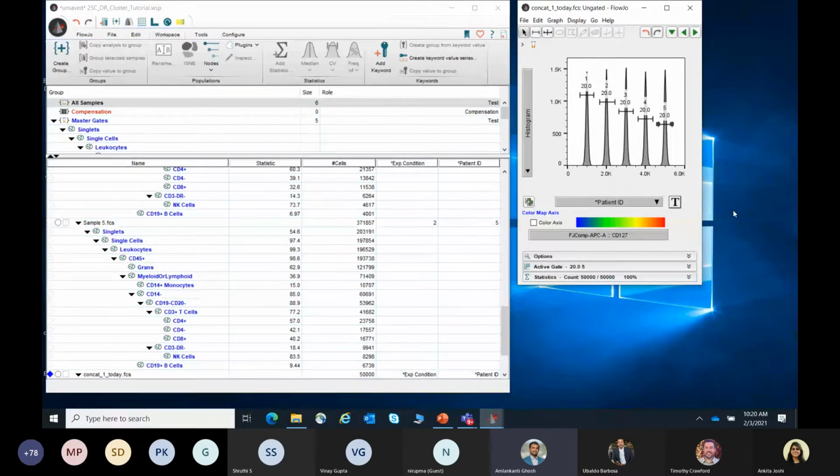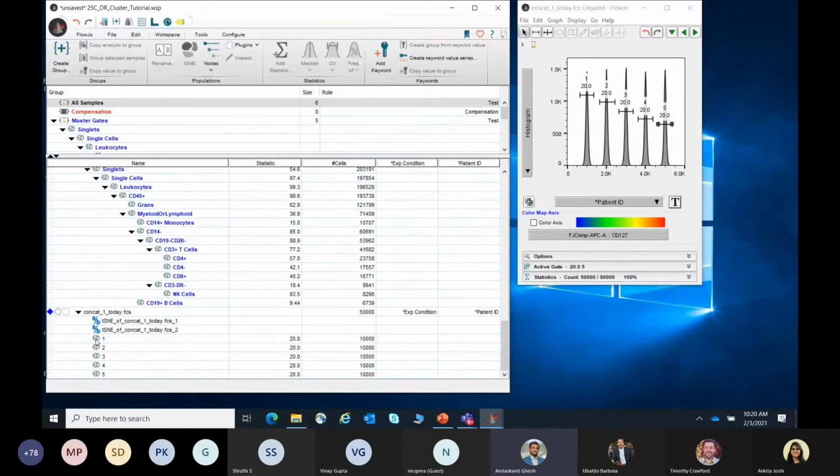Okay, so these are the 5 different conditions. As you can see here, they'll also be shown here as 1, 2, 3, 4, and 5. Each is having 20% and 10,000, because we restricted while doing the concatenation that a maximum of 10,000 cells will be taken from each of the FCS files. So now we'll again go back to this